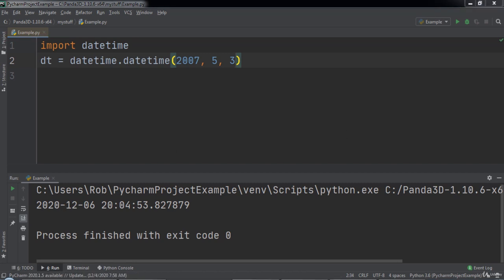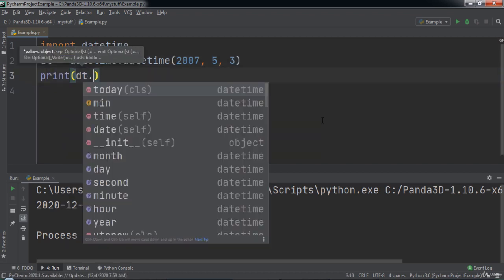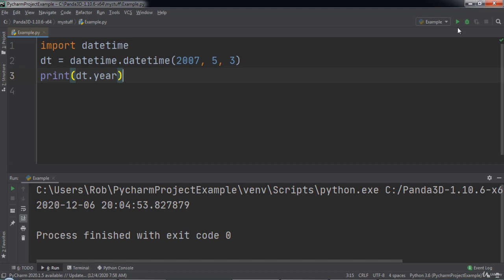A datetime has a year attribute that we can use to reference the year of our datetime. For example, we could print out dt.year to the console. When we run the code, you will notice that 2007 was printed to the console. Similarly, we can use a datetime's month attribute to reference the month for our datetime. We will use the print function and print out dt.month to the console. When we run the code, you will notice that 5 was printed, which is the month we specified when we